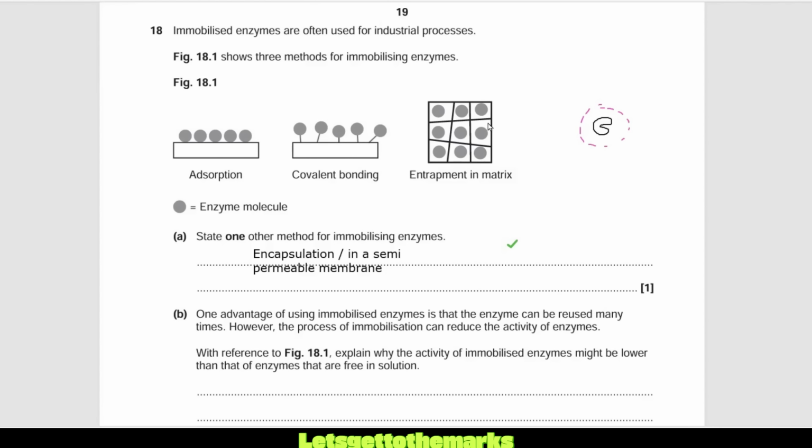You get the idea. Entrapment in a matrix is very similar. You increase the pH stability and thermostability, all of that kind of stuff. All right, let's move on. Also, they're very good for reusing. If you want to pass the substrate across the enzymes, or push your substrate through this matrix and turn it into a product, it's very easy to get a pure product because the enzymes and the product are separated. Whereas if you just put them in a beaker, you're going to have to separate the substrate and the product after, so you've got a purification problem. So immobilization of enzymes really helps make the purification process between the product, the substrate and the enzymes a lot easier.